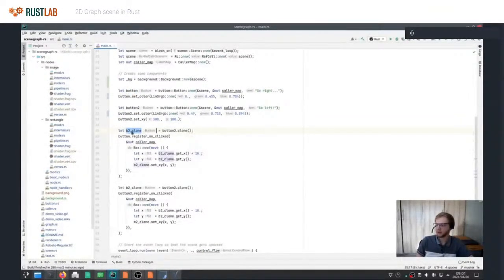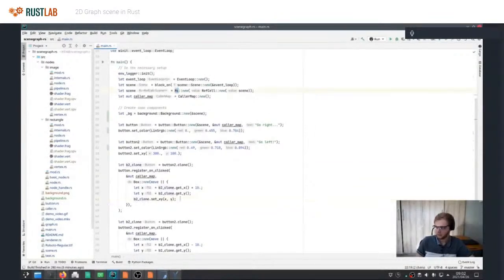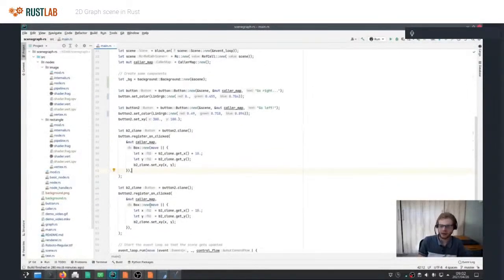So now that I have a cloned handle, I can move the clone handle inside the closure. And now I've got something which points to the correct button, and I can store it inside the closure without the requirement that it needs to have a static lifetime. And because this internally uses RC, the reference counting system ensures that the internally referenced button will stay alive as long as this closure stays alive, so there's no memory leak or reference issues here.